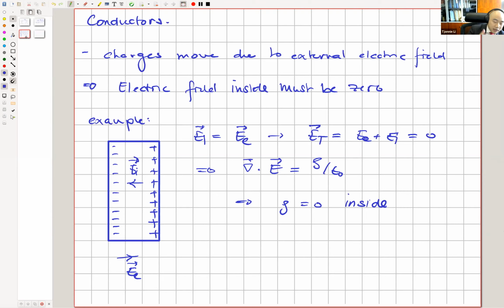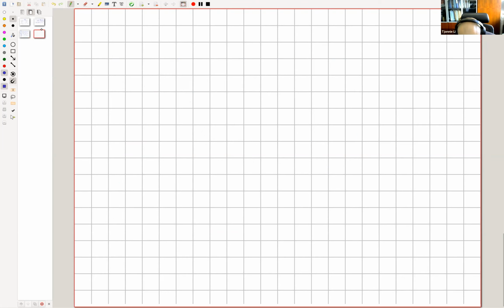In this case, because it's a slab, it's a little bit easier to consider because we've got an E field that goes along this slab, and so it's easy to see where the charges, or at least the over densities, are going. But we can make this a little bit more formal, in such a way that we can show, okay, we're still talking about conductors,